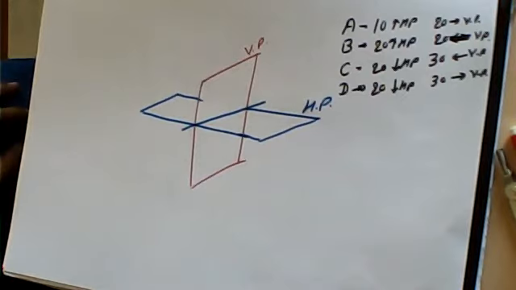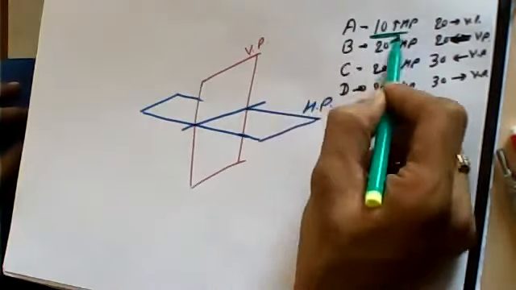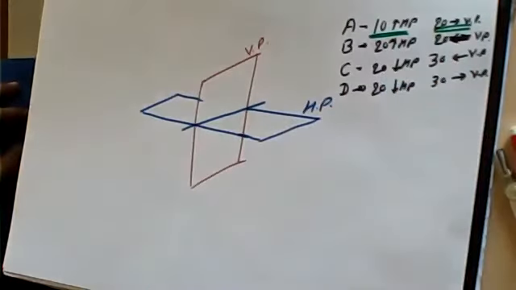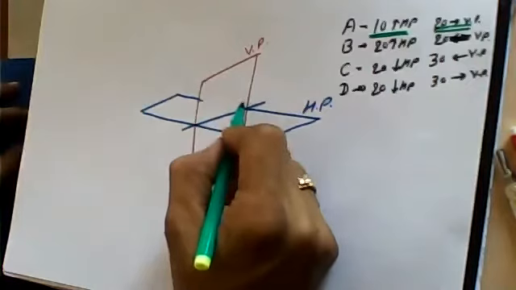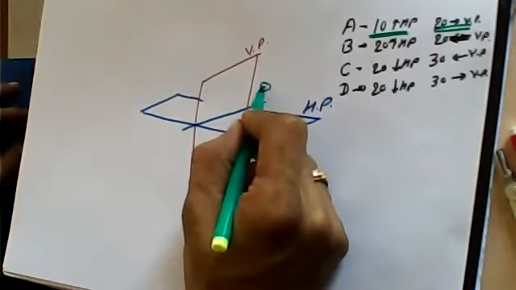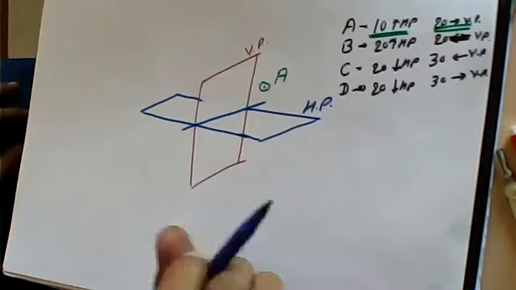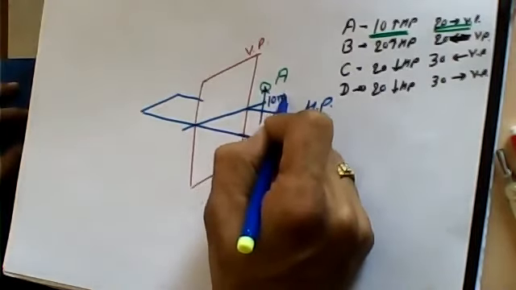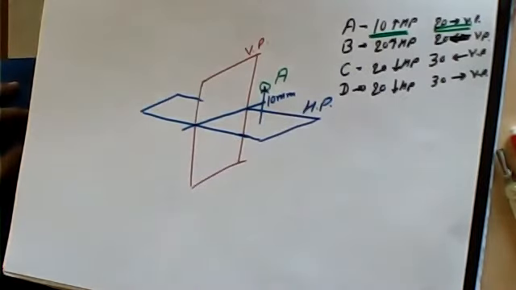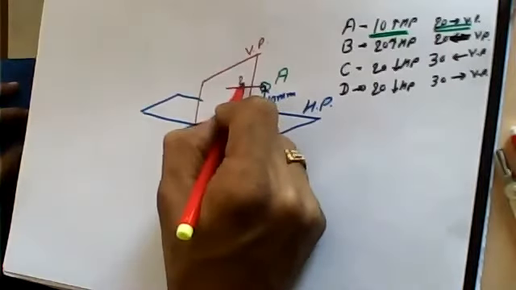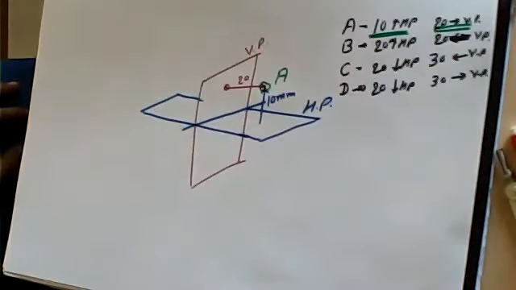Now whatever we are seeing over here is designation of certain points. कौन सा point? Point A. For point A, data is available like this. Point A is 10 mm above HP, 20 mm in front of VP. So it is going to be like this. I will be considering point A over here. There is some point A where it is situated. It is 10 mm above HP and 20 mm in front of VP. वो 20 mm VP से दूर है. I hope you are able to see it clear.